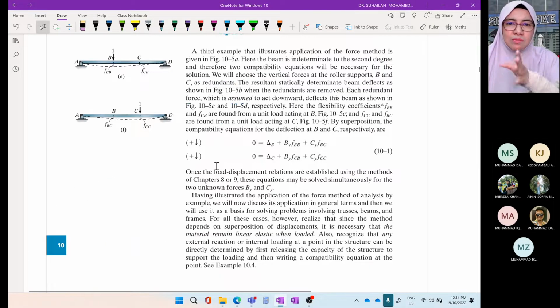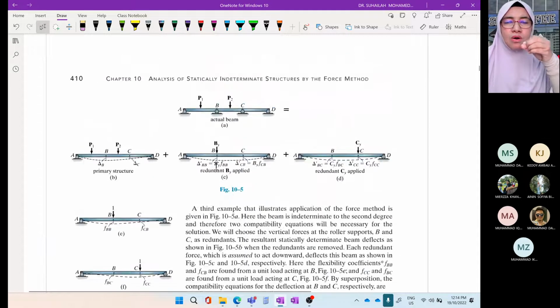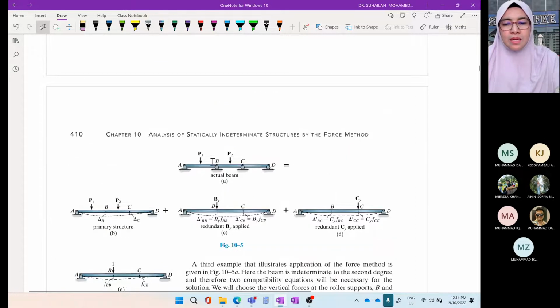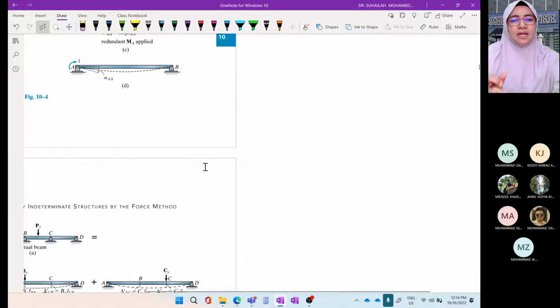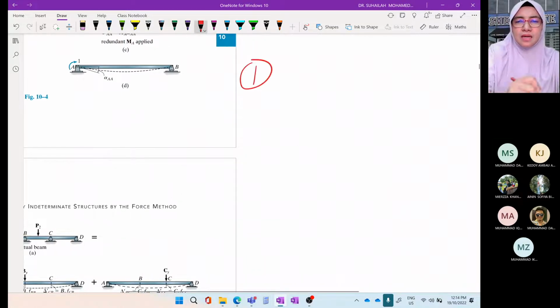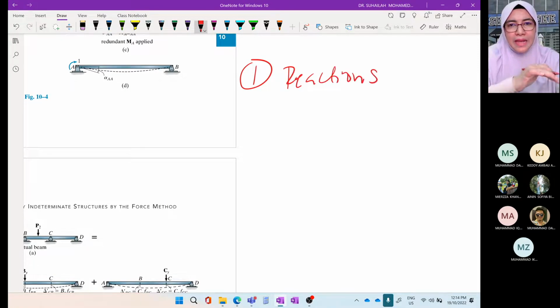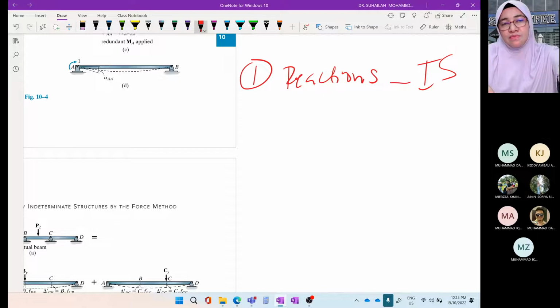And as I mentioned, flexibility method, saya memang minta all my student untuk do backward, untuk faham tu from backward calculation. Backward calculation means kalau for example soalan dia nak cari reactions in indeterminate structure lah. So ini adalah the objective maksudnya final step. Sebab in order to calculate reaction in indeterminate structure where